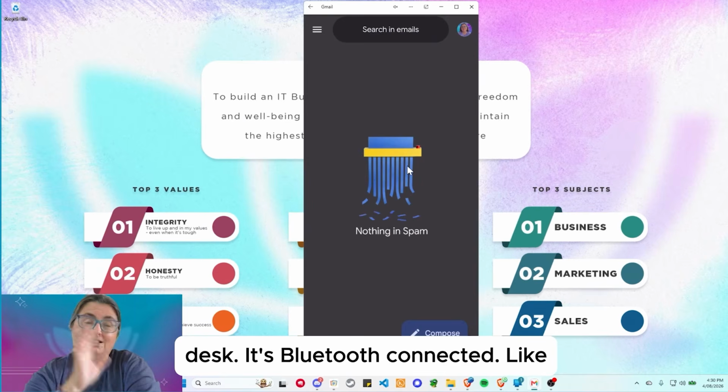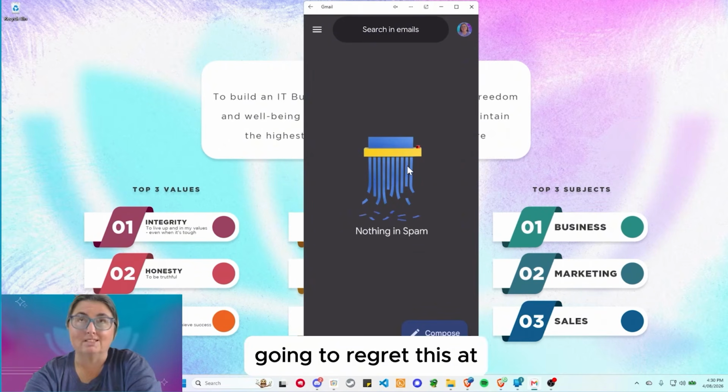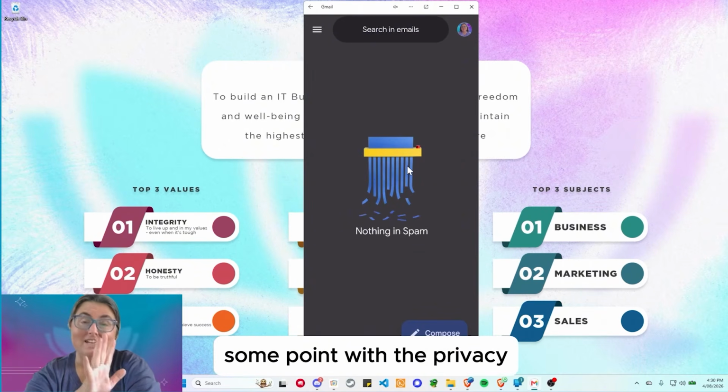It's Bluetooth connected. Like I said, I'm sure I'm going to regret this at some point with the privacy issues. Anyway,